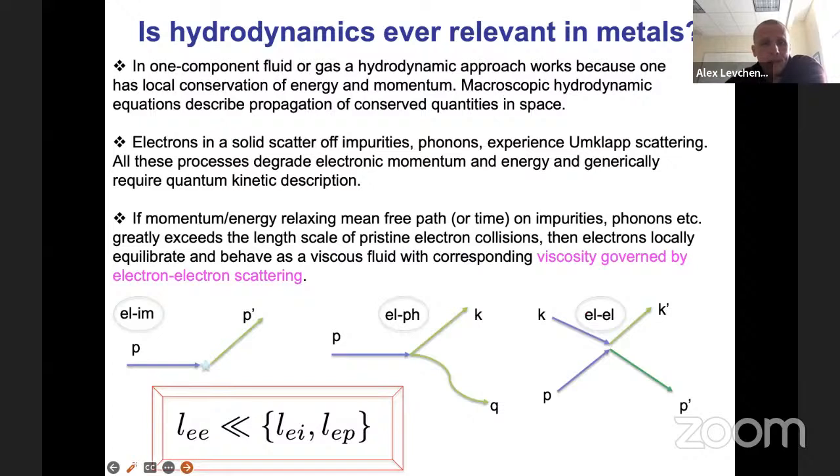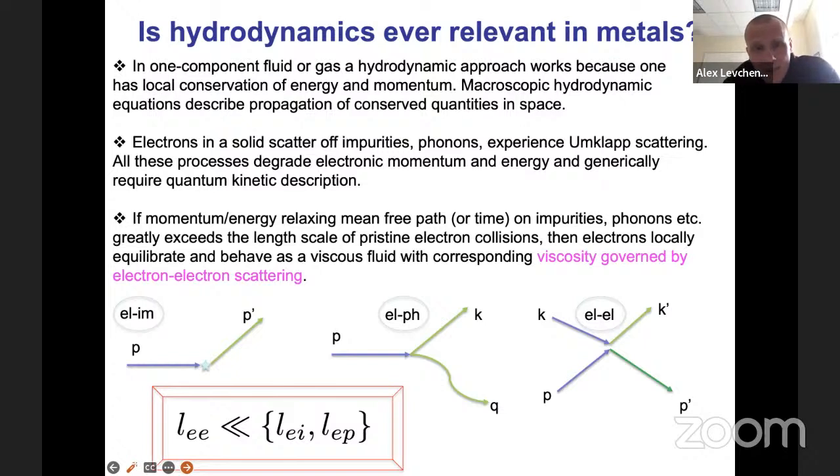So first of all, why is it unusual to even think about hydrodynamics in application to electron liquids? Typically, when we think about electronic transport in solid state, we think of electrons scattering off impurities, electrons scattering off phonons, electrons scattering off other possible excitations. We intuitively think this to be a highly quantum mechanical problem. And the picture of viscous flow, like water flowing through a pipe, is not a picture that first comes to our mind.